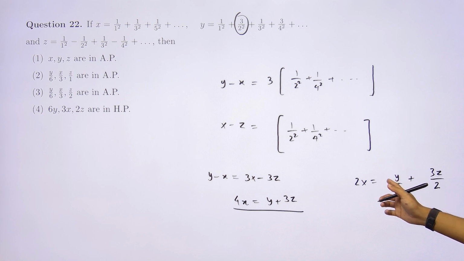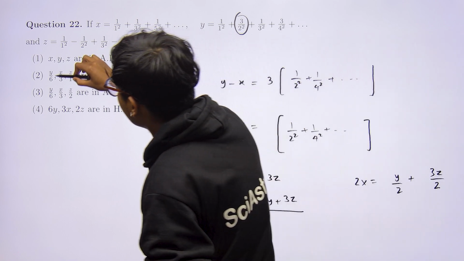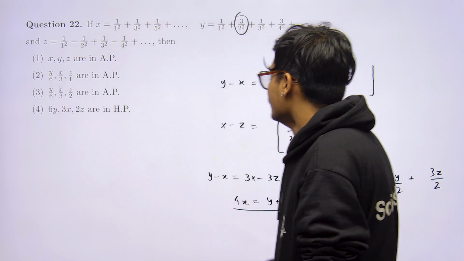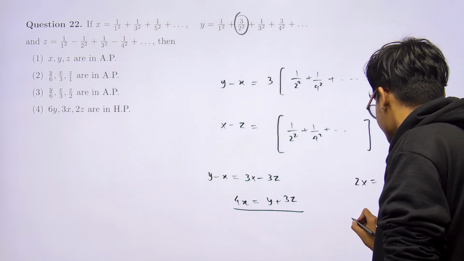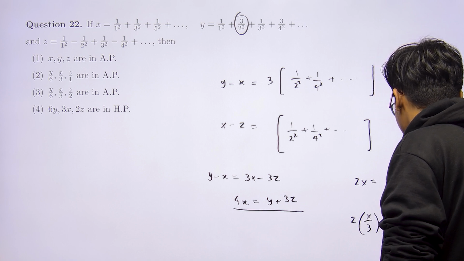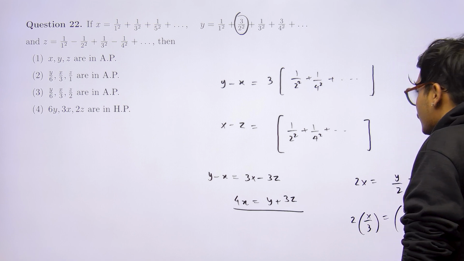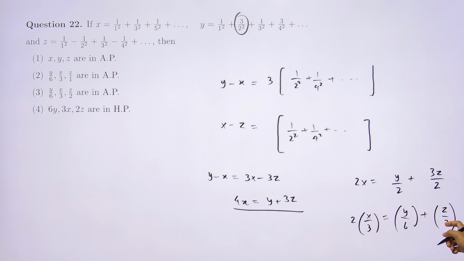One more thing I can do is divide this entire equation by 3, because you can see that we have two terms which have x by 3 here. So if I divide this entire equation by 3, I can say that twice of x by 3 is equal to y by 6 plus z by 2, which basically tells me, from here, what can I say is that